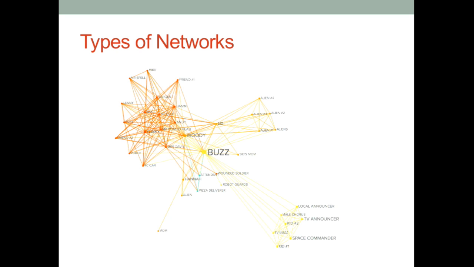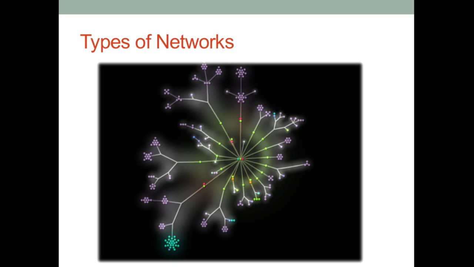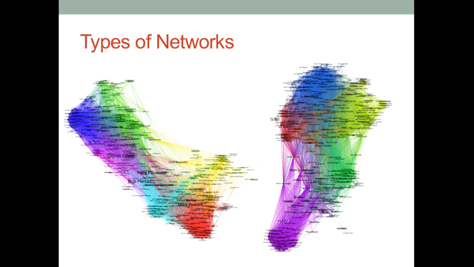I had to put a little Disney reference here, right? So here's character interactions in Toy Story. Here's one that I did. It's more of a spoke tree, but still a graph. This is a visualization of a Git repository that I worked on. Here's another visualization I did. This is Marvel comic book character interactions for a comic book series. On the left there, I think, is Uncanny X-Men. On the right is Avengers.